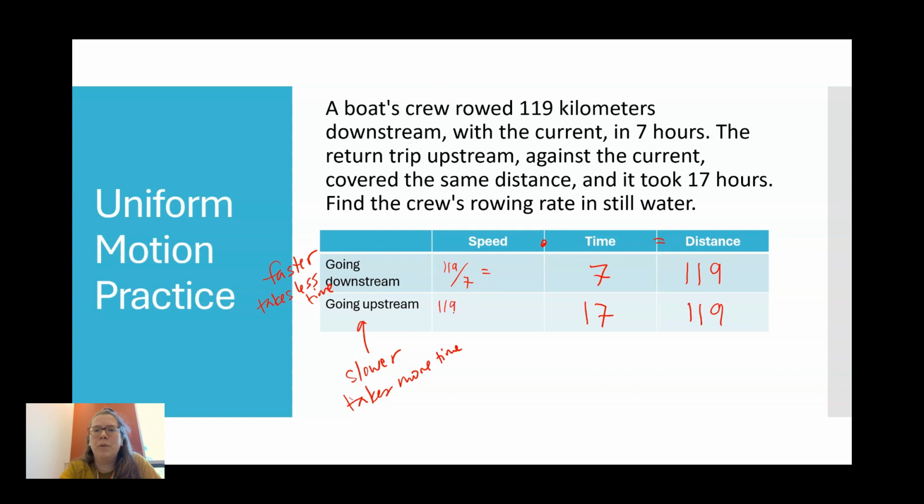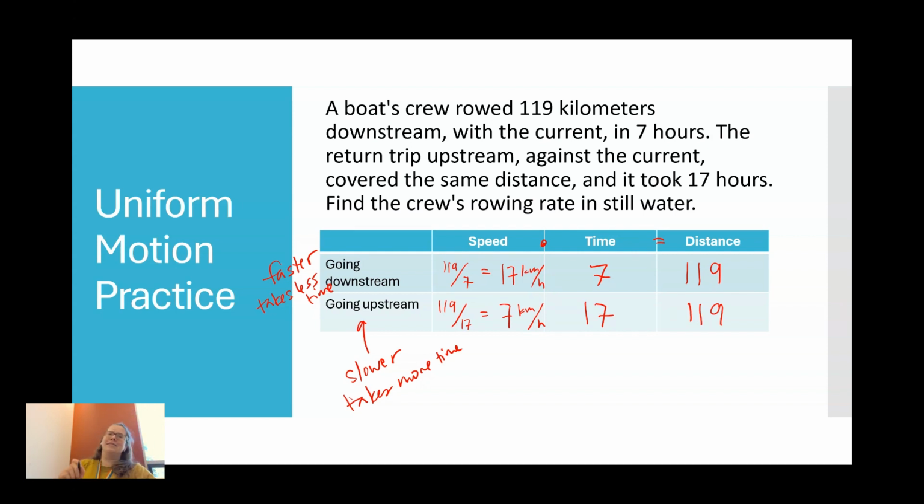And if you ever have trouble remembering that, just remind yourself that we drive in miles per hour or kilometers per hour. And so that's always distance per time. So that's a helpful way to remember that. 119 divided by 7, we were going 17 kilometers per hour here and 7 kilometers per hour here. So helpful, but